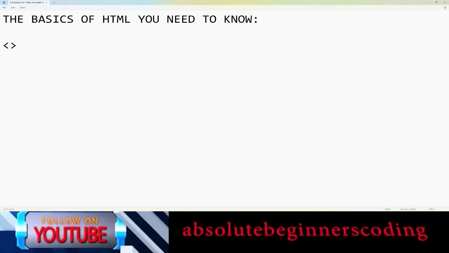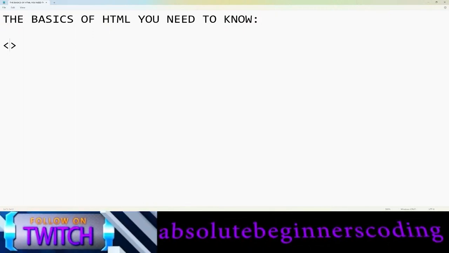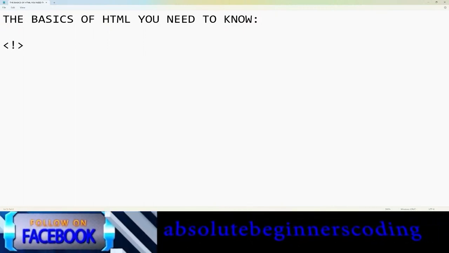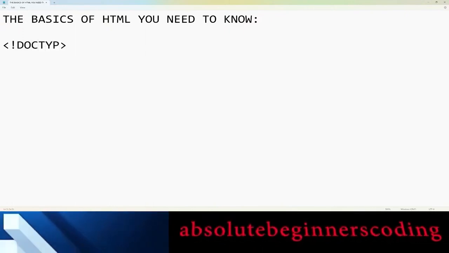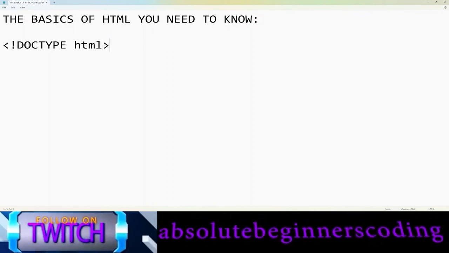And so how to create an HTML, how to turn your normal notepad into HTML. This is the thing. You have to use these brackets, and inside use an exclamation mark and write DOCTYPE in capitals, DOCTYPE, which means document type. So DOCTYPE, and in small letters it is html. Okay, so now we have turned our